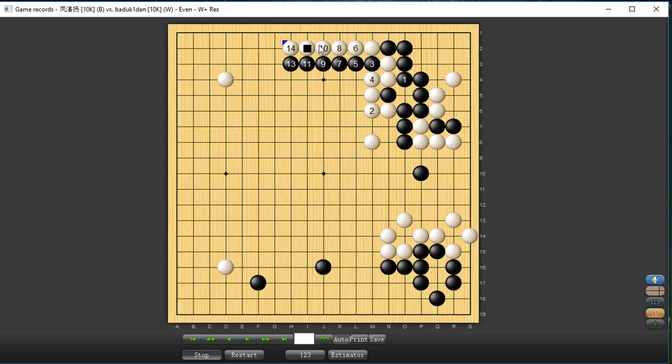Because, for example, if I make 6 and he decides to kill, then I will cut. He will extend, I will extend. He will jump, and then I will continue taking his liberties. But then he can jump out. So maybe he can kill this way. But anyway,